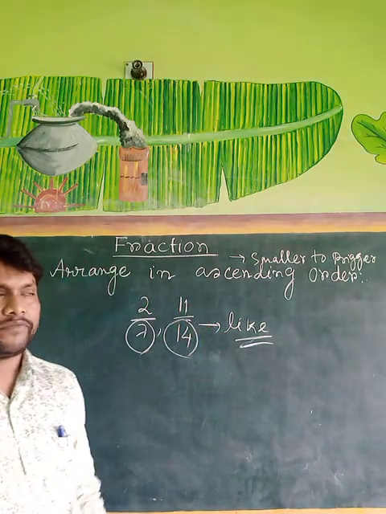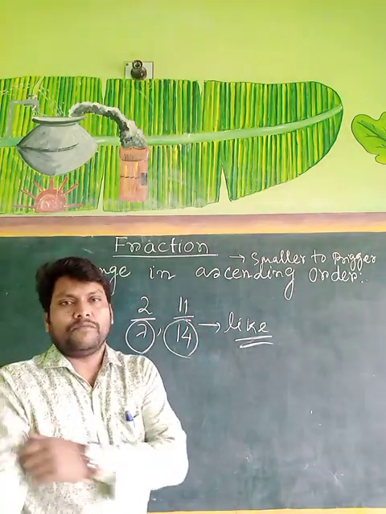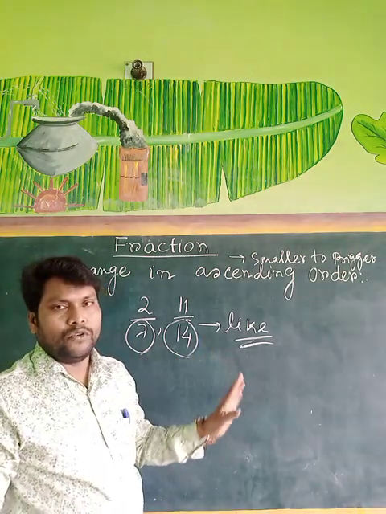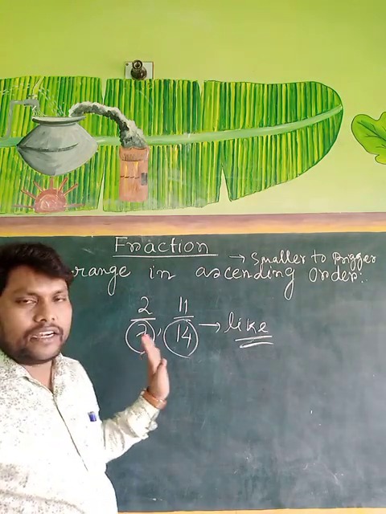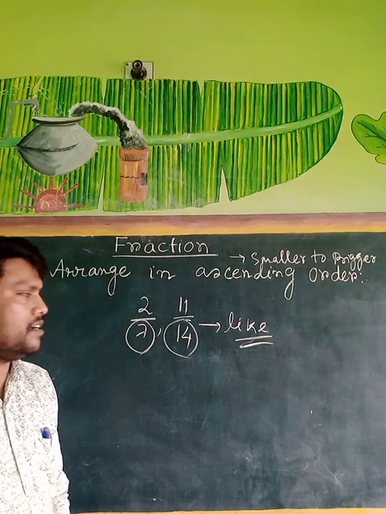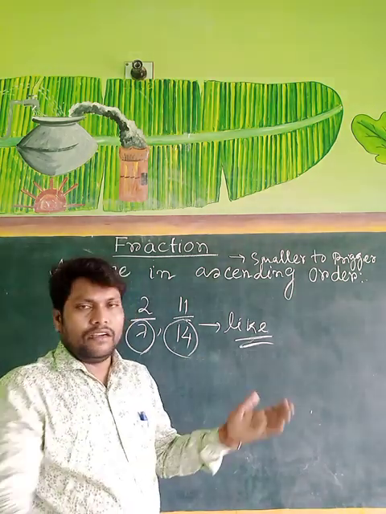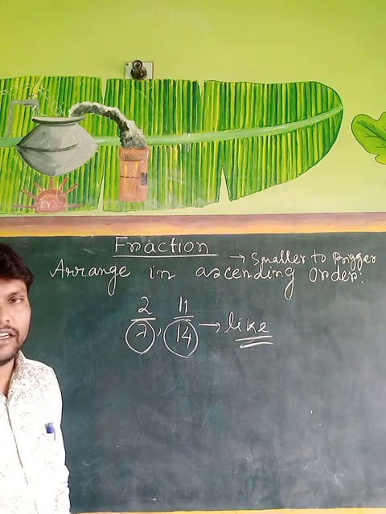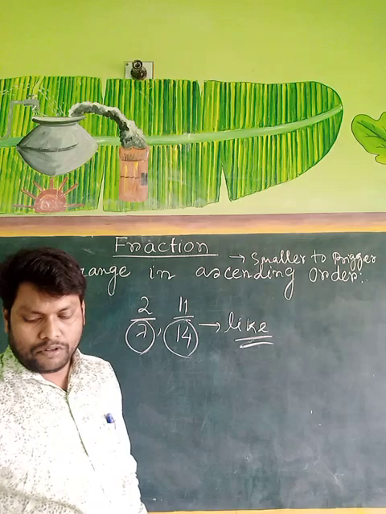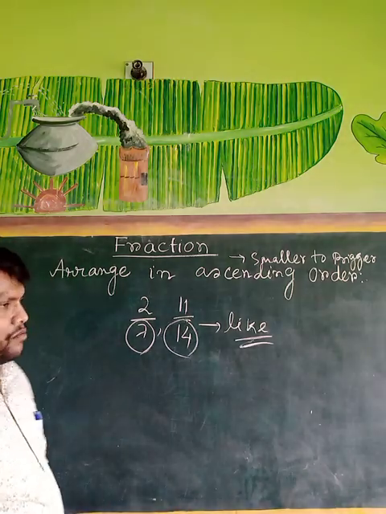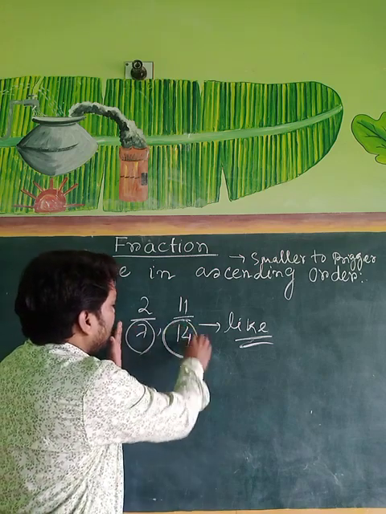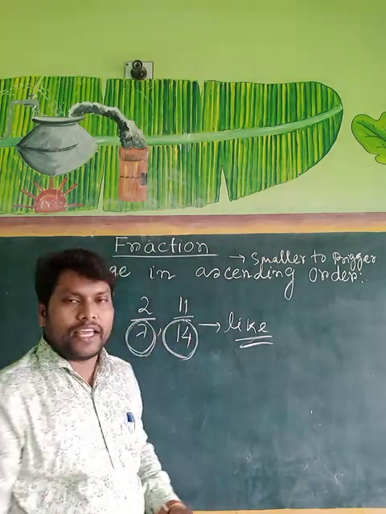But these were natural numbers 1, 2, 3, 4, 5. So obviously you can understand which is smaller and which is greater. But in case of fractions, normally we do not identify which is greater and which is smaller. Now what is the process? How to understand among 4 fractions which is smallest and which is greatest? So there is a process. Number 1 process, that I have already said: at first, convert the denominators into like denominators.